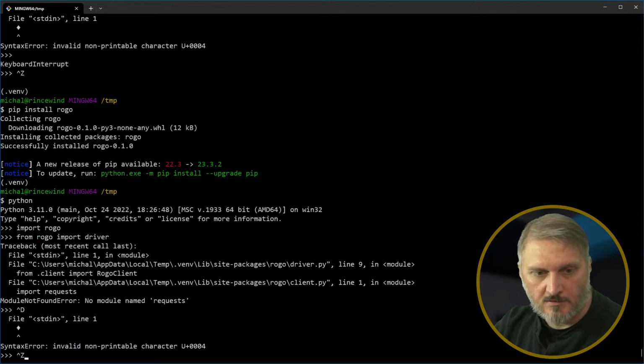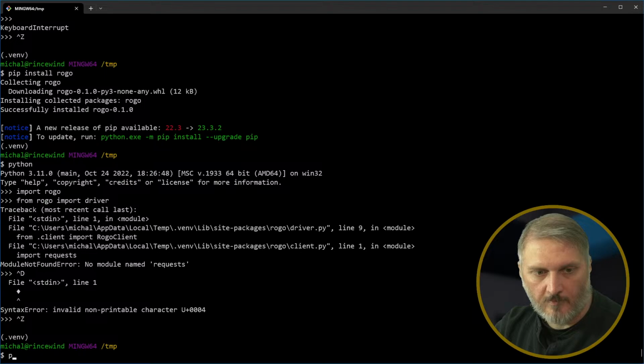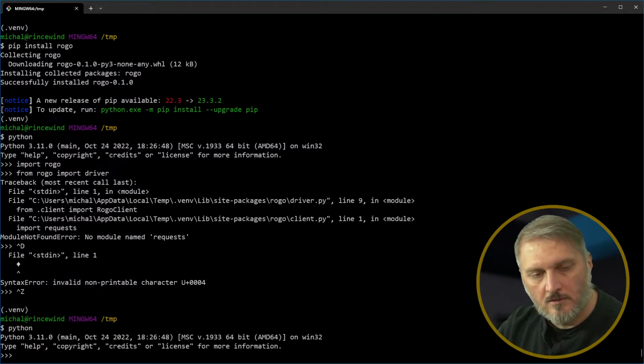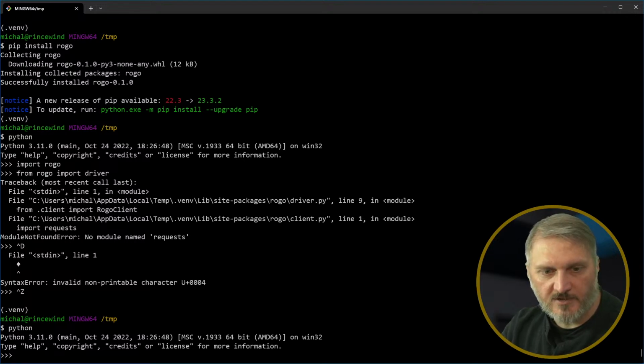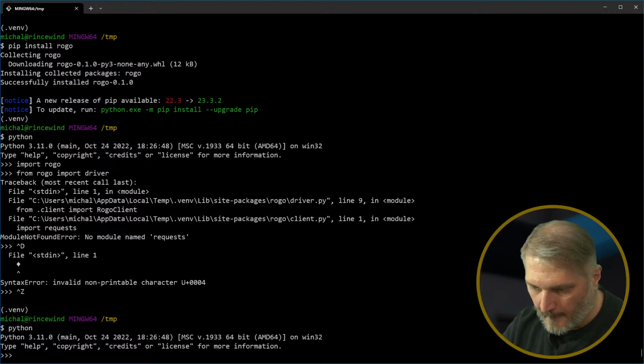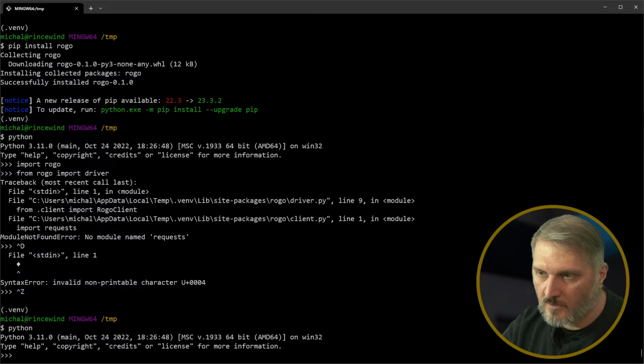Right. Oh. So it installed it, but it didn't handle the updates. It didn't handle the requirements. So requirements. Not working. Yeah, I'll put that in my